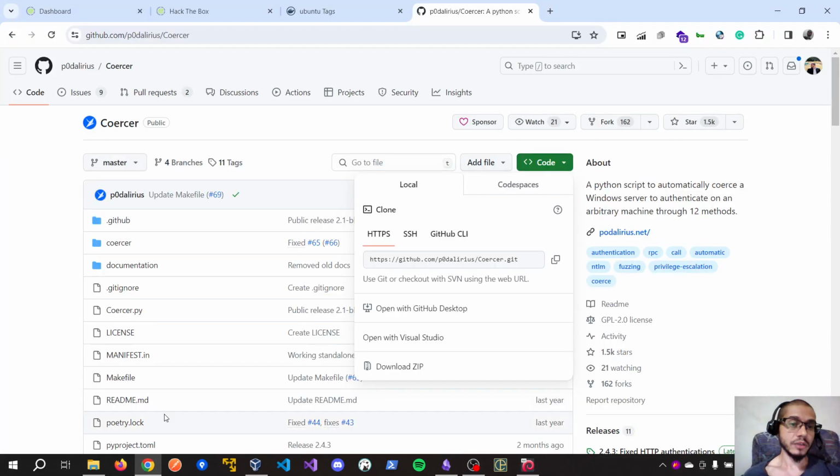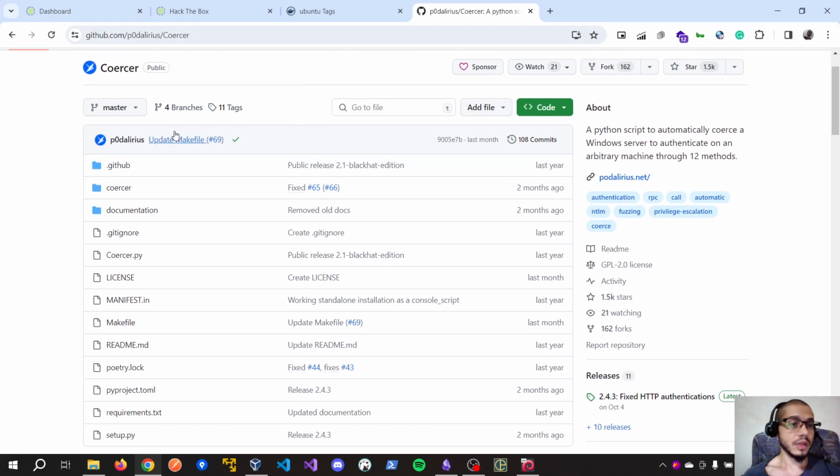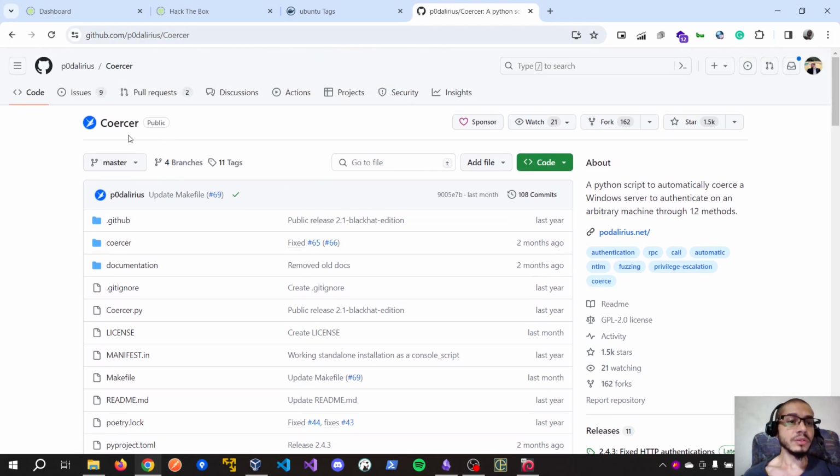This package, actually, let me give you some notes about it. This package is used to force a Windows machine to connect back to us when doing a pentest.